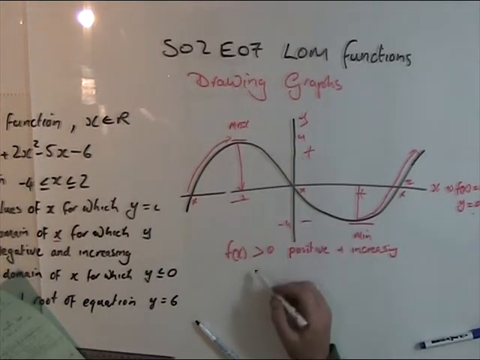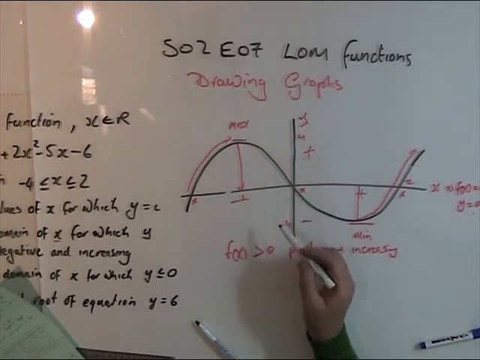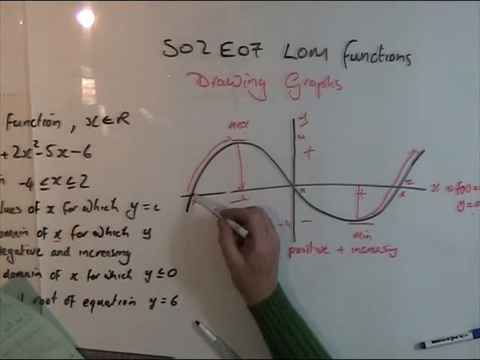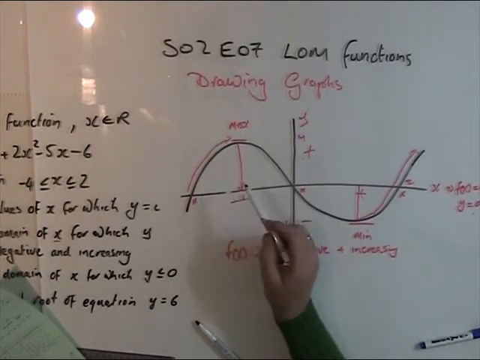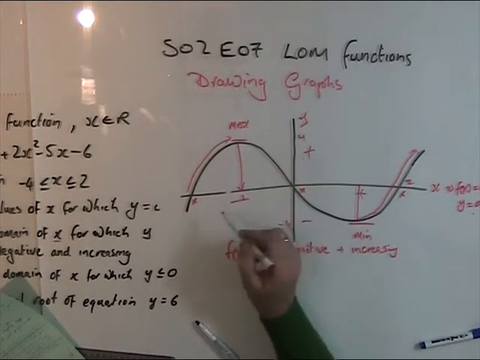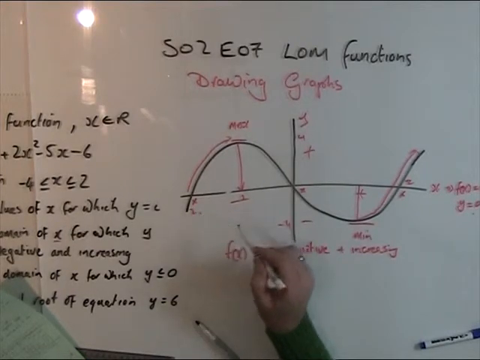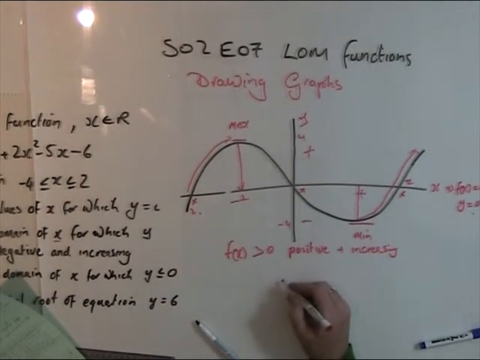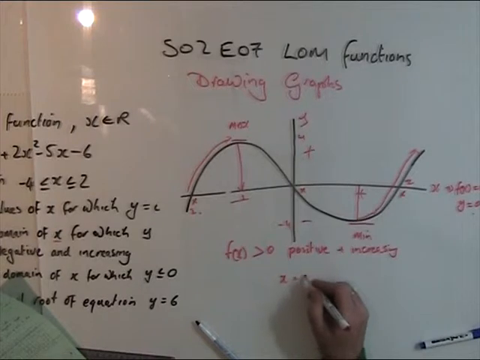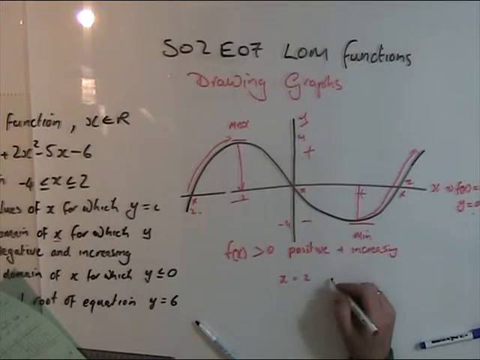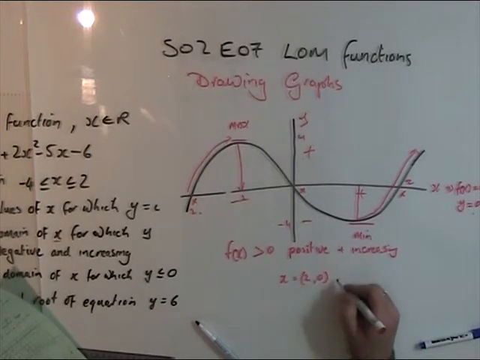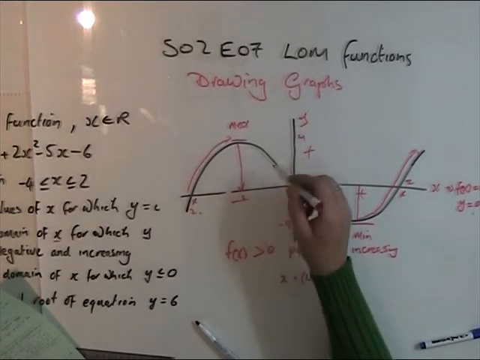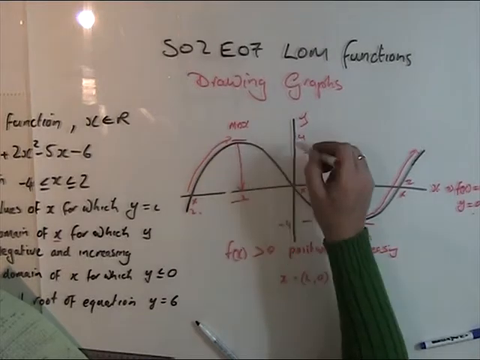So you would say that y increases at this value here, which is 2. So y increases when x is equal to 2, and that's the point 2, 0, the point reading from here, 1, 4,